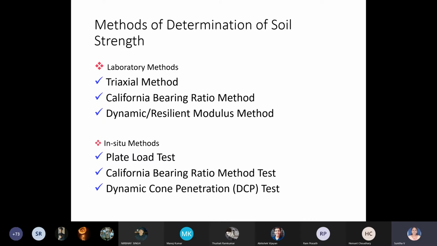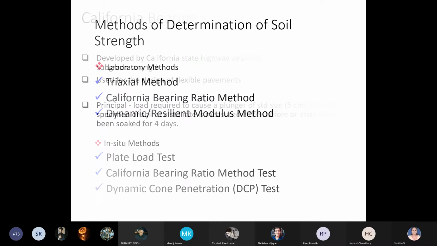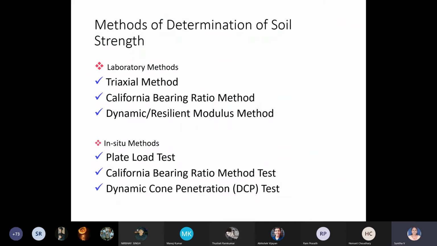But indirectly, this can be used for finding the California bearing ratio. Directly it is not giving it, but some correlations or empirical formulas have been developed. Even IRC has developed some empirical formulas relating the CBR value of the soil and the dynamic cone penetration test, because the DCP can be conducted in the field itself, and it is not easy to do the CBR test in the field compared to the laboratory test.